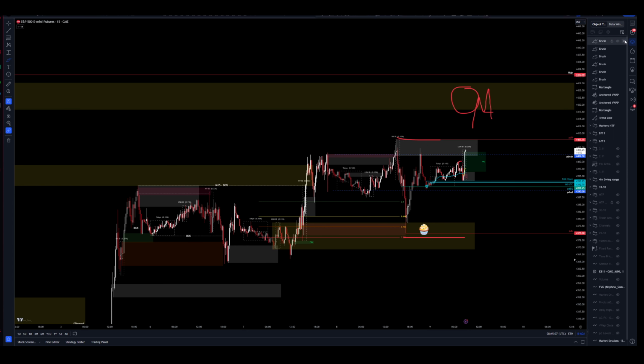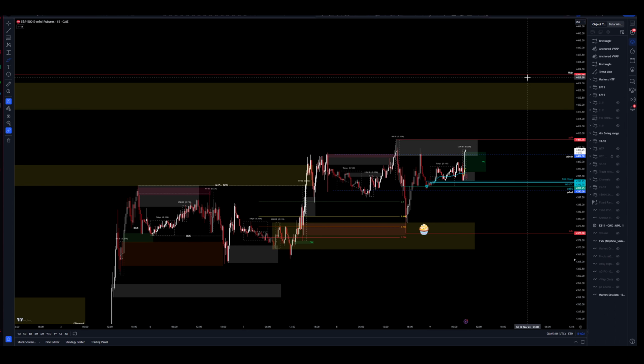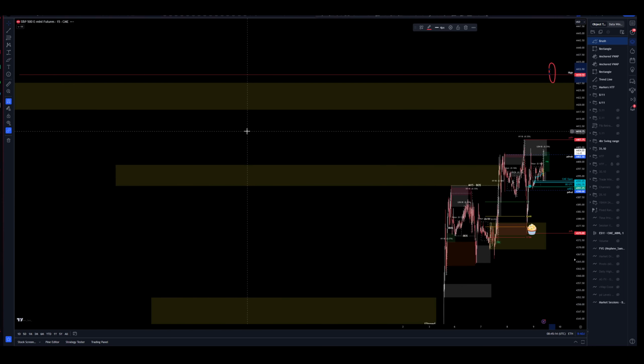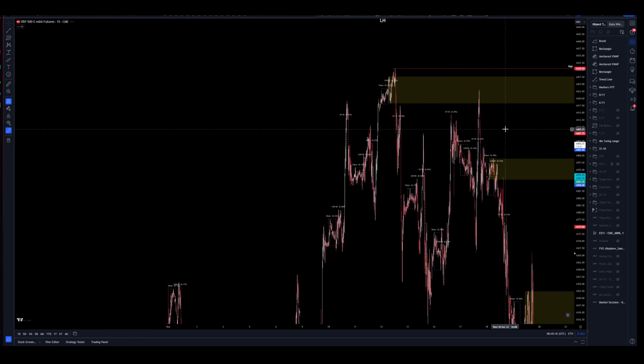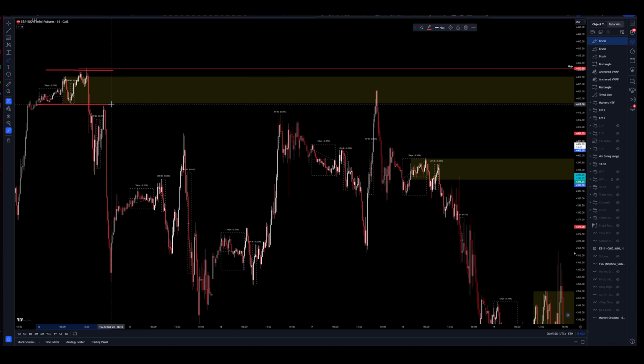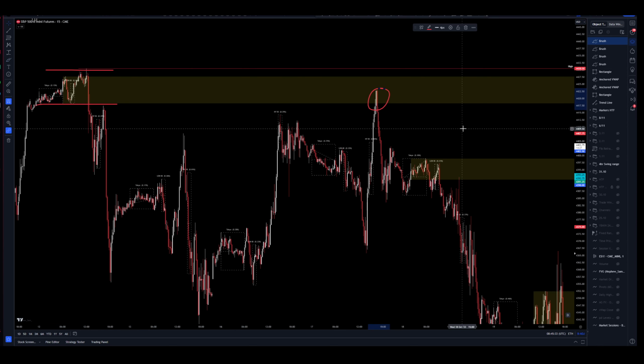But in all honesty, I've marked out this level here because I expect that to go. Why do I expect it to go? Because of this supply range that I was talking about, the top of the supply. You did get a reaction there if you're taking it from that high to that low, and then you do get another mitigation there. So this is a tap level, this is a mitigated level.